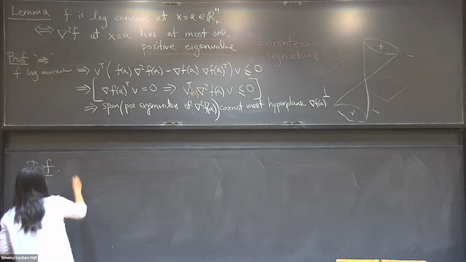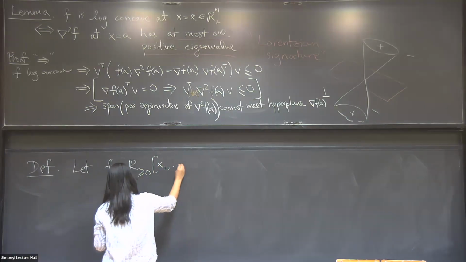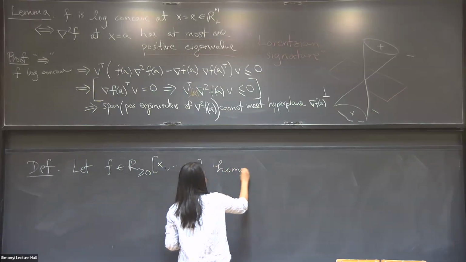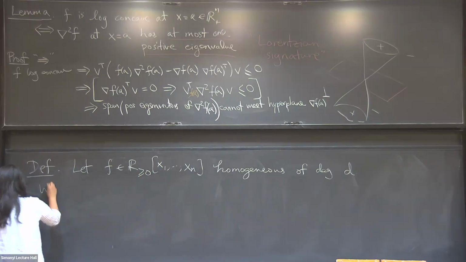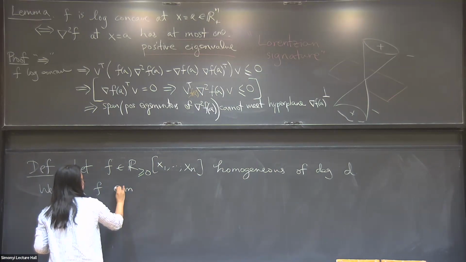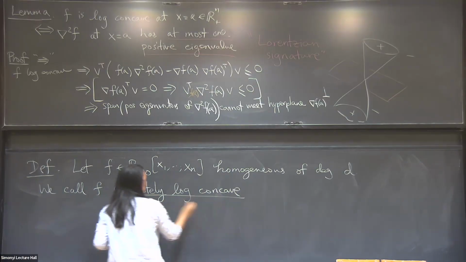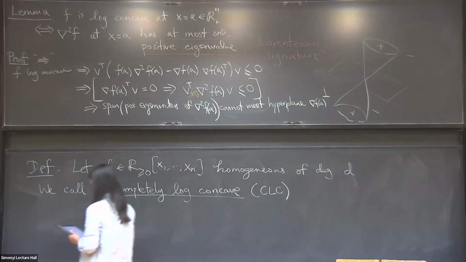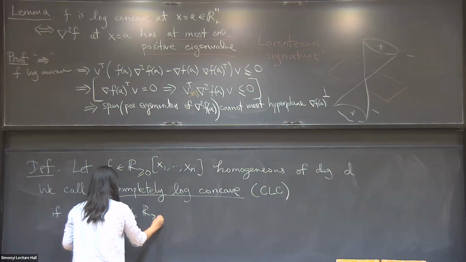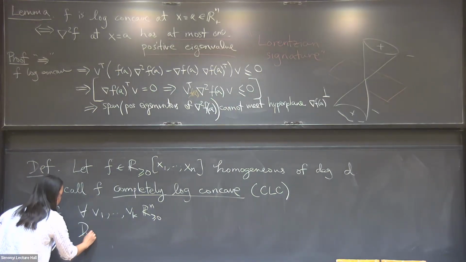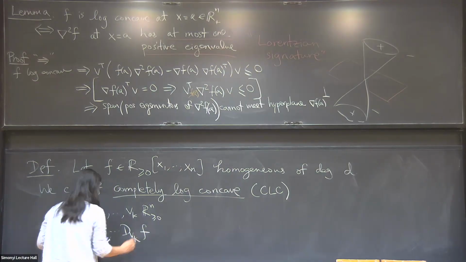So now we get to a definition that we have been promised. Again, we have a polynomial F with non-negative coefficients and homogeneous of degree D. We call F completely log-concave, or CLC, if any collection of vectors in non-negative directions, this repeated directional derivative is log-concave